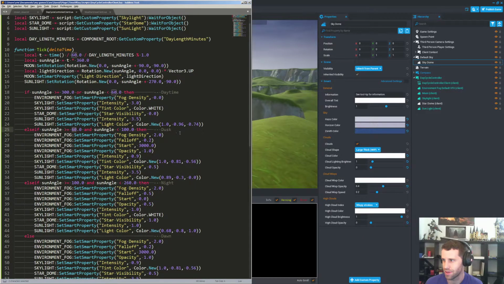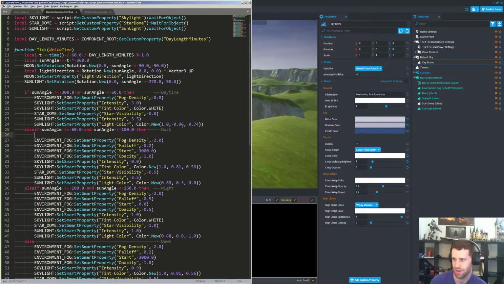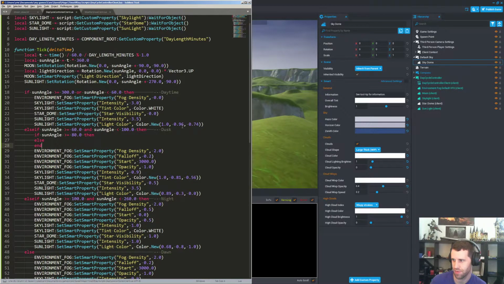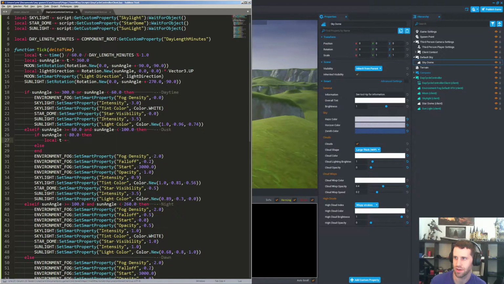All right. So in here, we have sun angle. Let's put this into 2 categories. It's greater than 80, then else and okay. I'm actually going to do this less than because I want it to be in order in this function. And 60 to 80 is the one that we're going from daytime to dusk, right? Yes. And 80 to 100 is when we're going to night, so they'll be in order. A new t. I'm going to kill this t up here, just pretend it doesn't exist. So